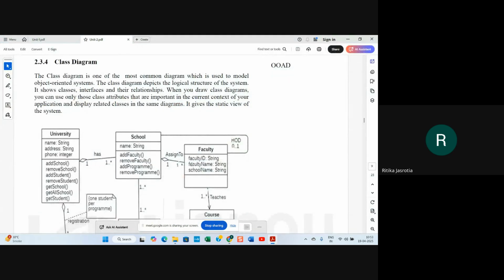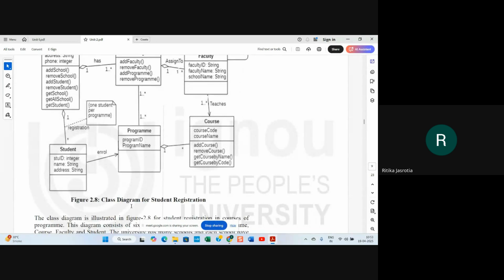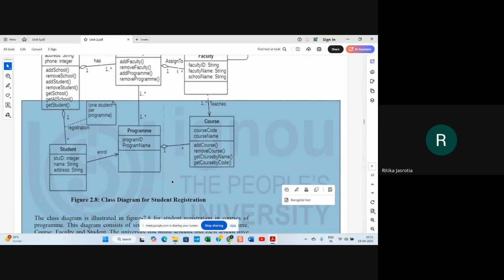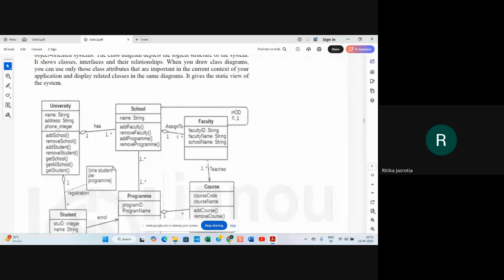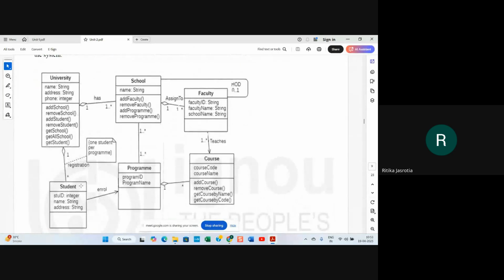Yeah. So, how do you draw a class diagram is how they are depicted here. Suppose, for example, they have shown you the class diagram for student registration system. For student registration system, they have shown university, school, faculty, student, program, course. These are the classes. So university class, the attributes of university class are name, address, phone number with the data